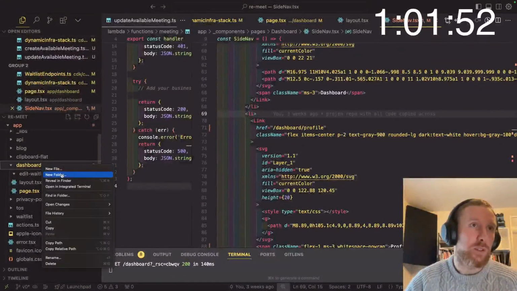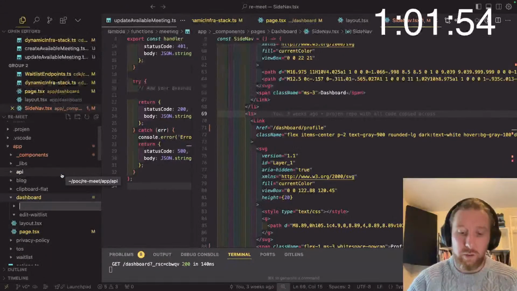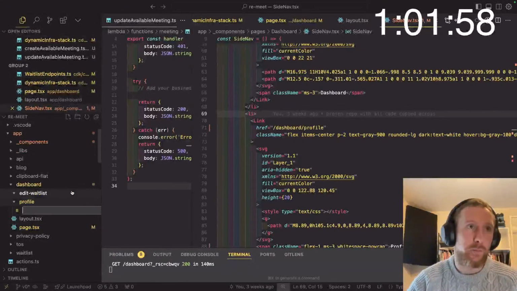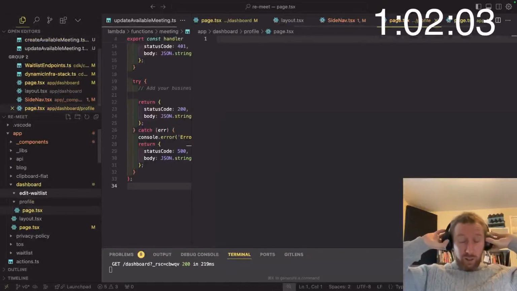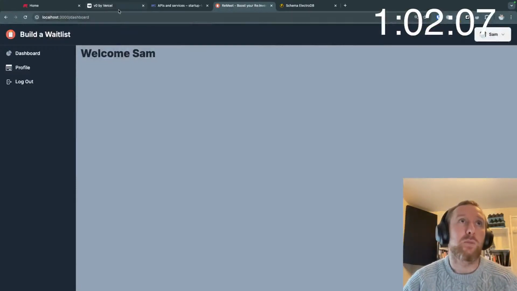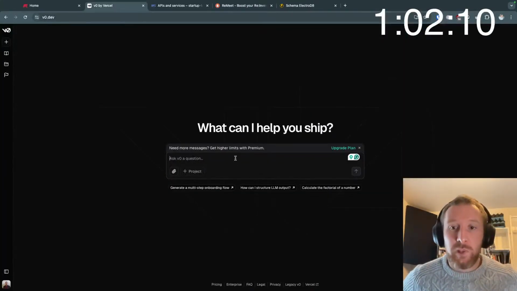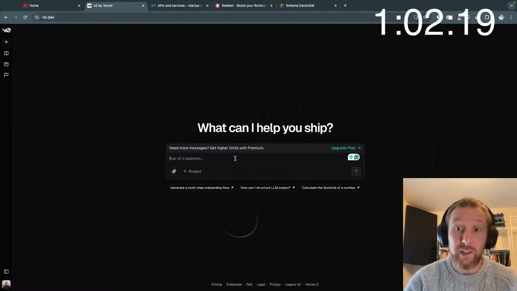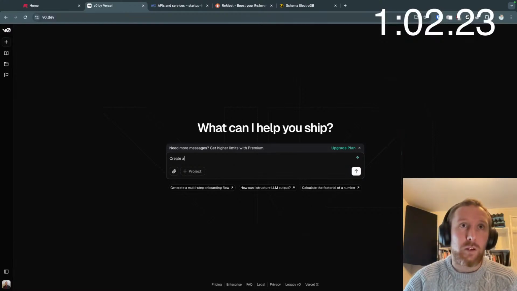What we do need is to create a new folder called profile, and in that profile, page.tsx. So this is where we can start doing some smart things. If we go over into Vercel, if you haven't used Vercel, it's V0, it's a really cool tool that allows you to very quickly make Next.js components. So in here, I'm going to say create a